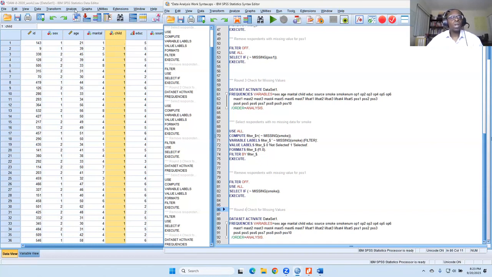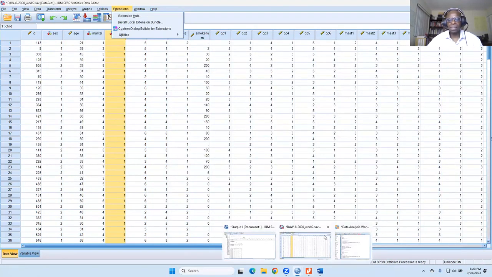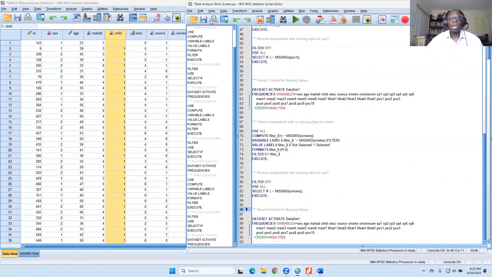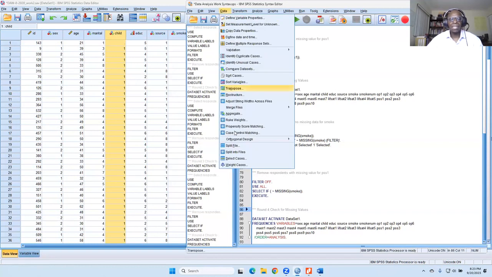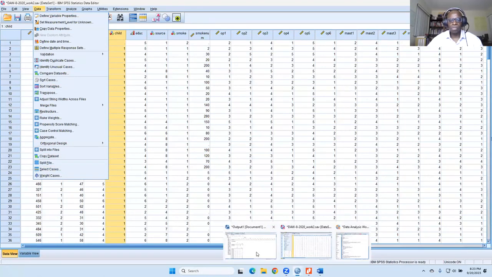Now, you can run, if you notice here on the syntax window, they have the same menus. So you can run data select cases from the syntax window. You can run data select cases from the data file menu, or you can run it from the output menu.